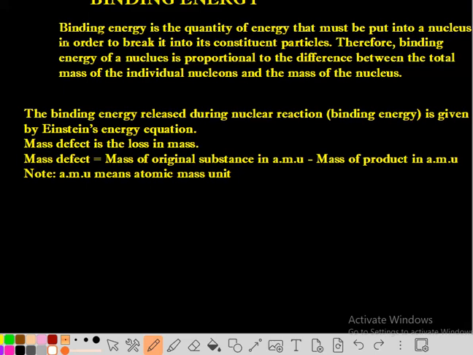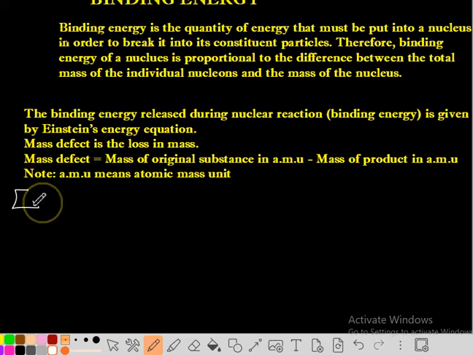Okay, binding energy is the quantity of energy that must be put into a nucleus in order to break it into its constituent particles. Therefore, the binding energy of a nucleus is proportional to the difference between the total mass of the individual nucleons and the mass of the nucleus. The binding energy or energy released during a nuclear reaction is given by the Einstein energy equation, which we have